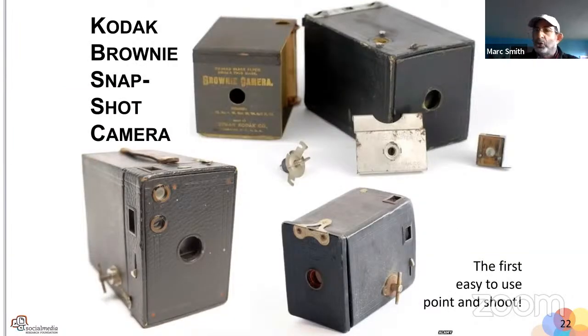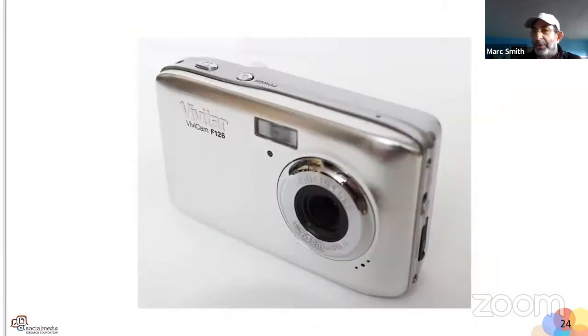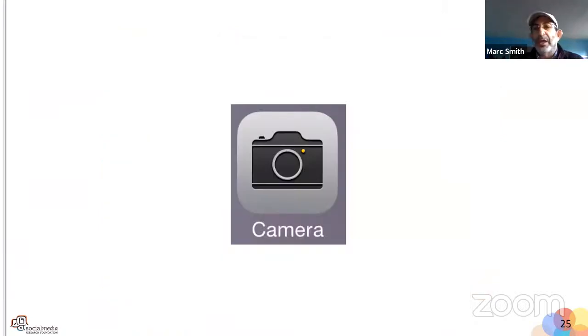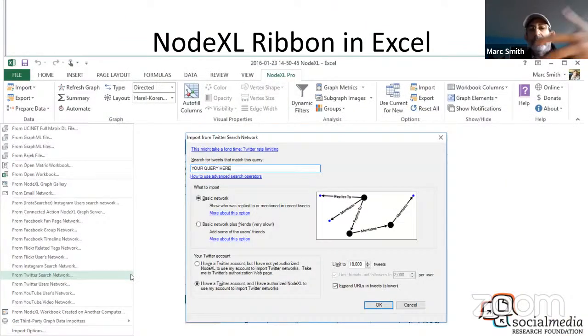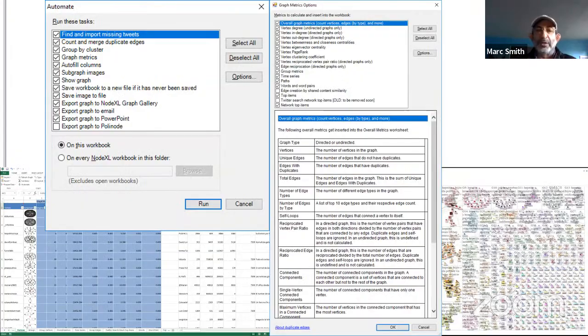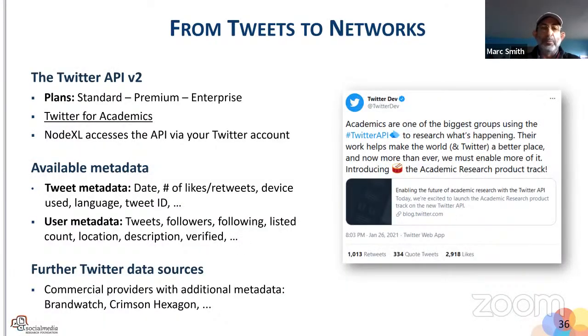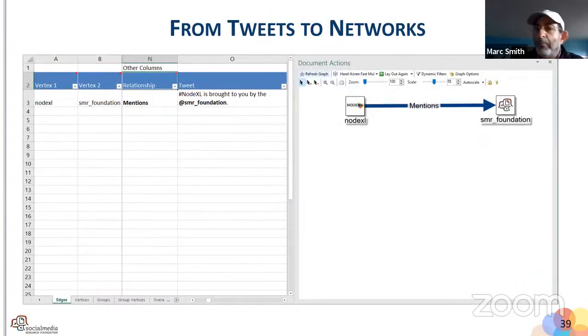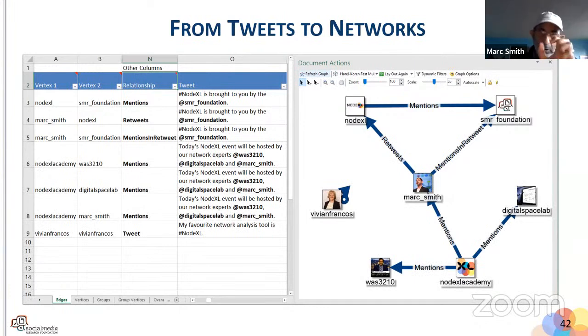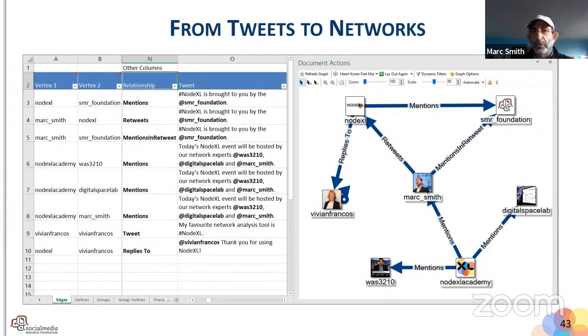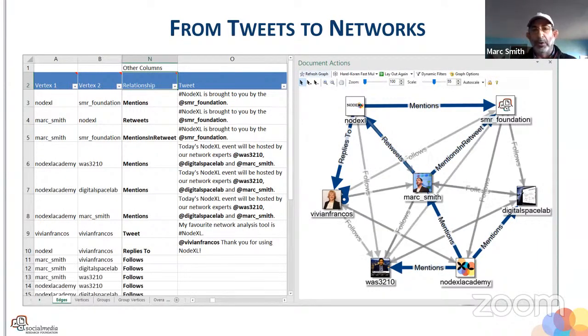So we create this kind of point and shoot camera. Maybe we can upgrade it to digital. Ultimately, nobody wants that camera anymore because it's on your phone. Your phone's probably a better camera than any of those cameras. And so we are this kind of camera-like thing that lets you go and collect the data, analyze the data, and visualize the data in a way that reveals these patterns, because what we want you to really see is that messages encode patterns of connection. And when you can decode the message as a series of edges, insight is available. Who's the most important person? What are the segments? Those kinds of questions are answerable.